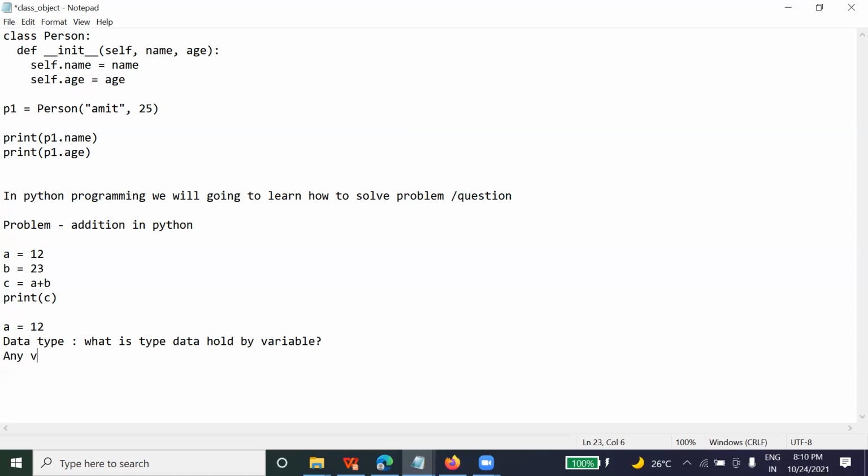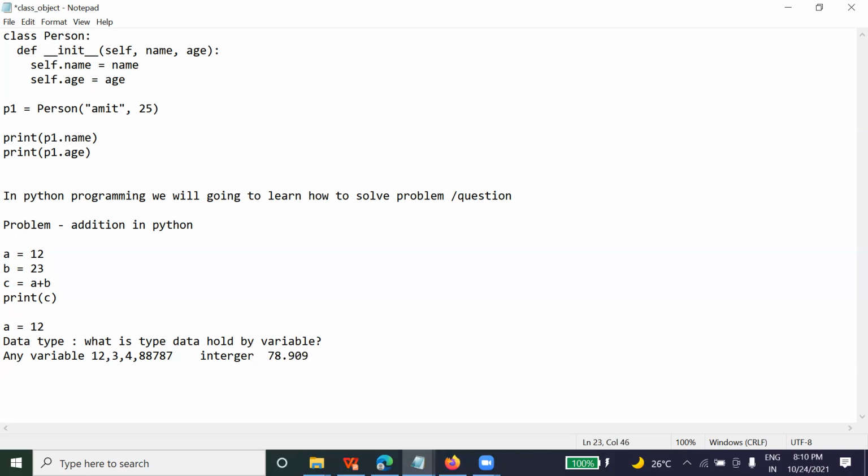If any variable is holding a value in numeric form like 12, 3, 4, then we call the data type an integer. So A is a variable holding integer type data. Why is it integer? Because it is not a decimal. Decimal means you don't have a value like this.